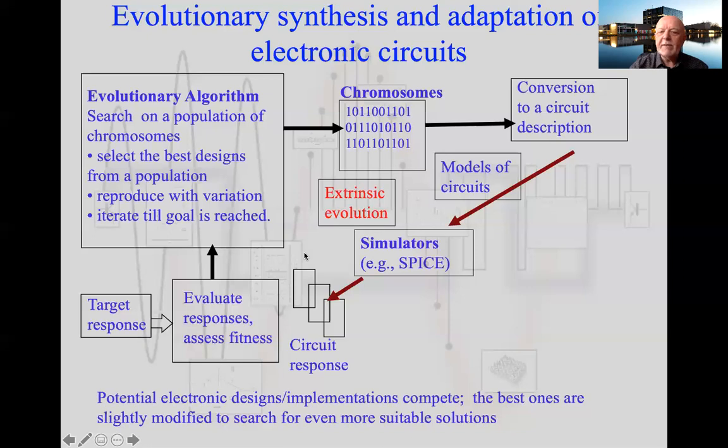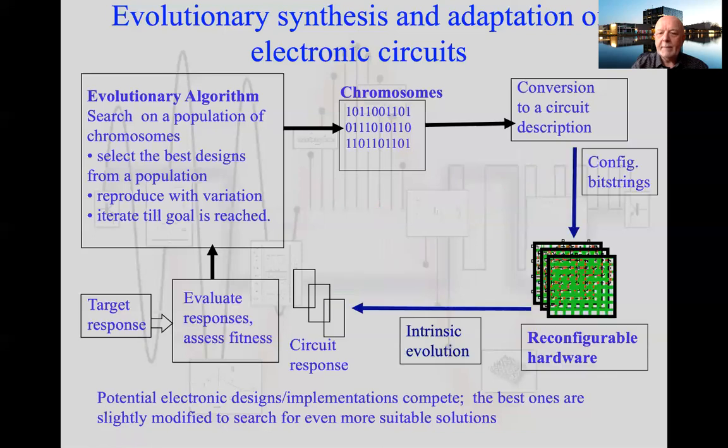Okay, so this is extrinsic evolution, where we're doing things offline. The other part that we talked about that I mentioned in part one is intrinsic evolution. So where we're doing things on chip. You'll see the left-hand side hasn't changed. We've still got our GA that's running. We've still got our chromosome that's being produced from the algorithm, the population of individuals. But now what we do is we convert to a circuit description, which, let's say this is an FPGA, which represents a configuration bit stream that's going to configure our hardware,